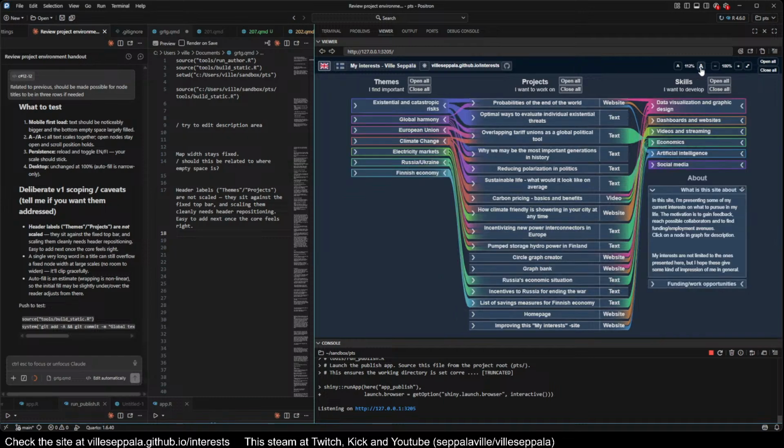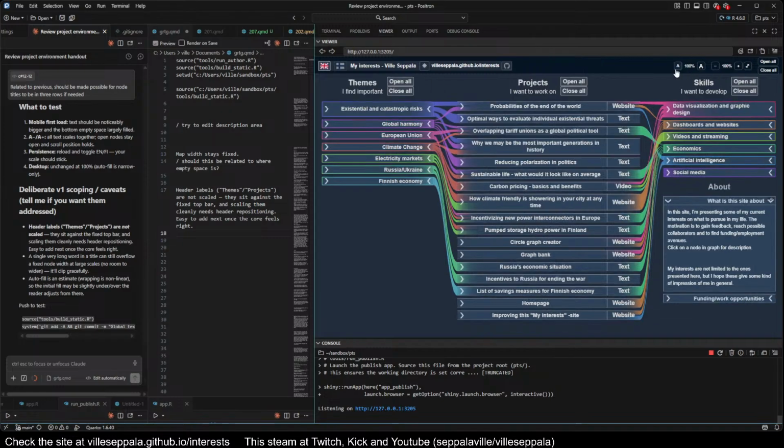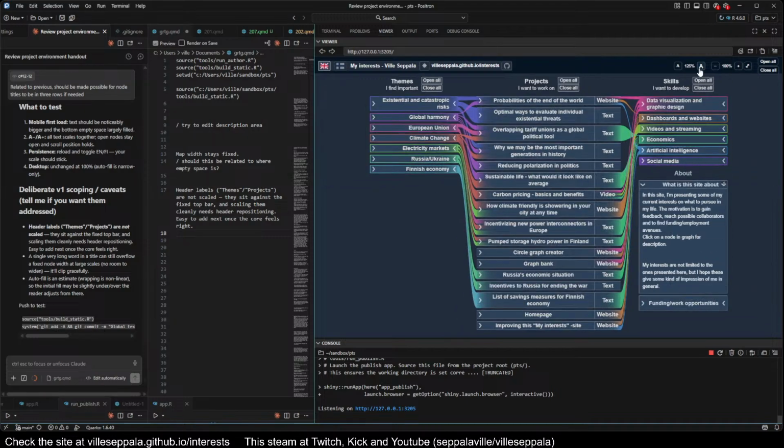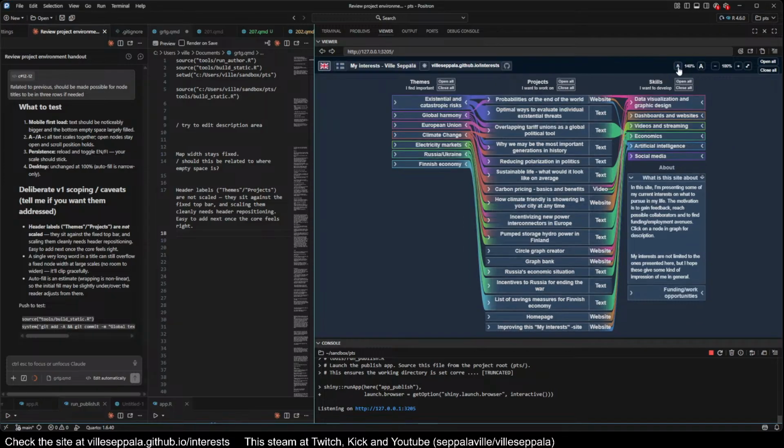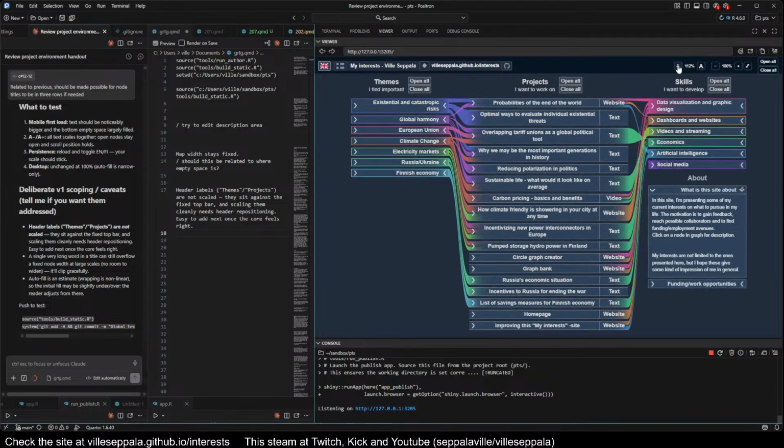So now if we zoom, I think what's happening is that when I make the titles bigger, it zooms backward to make sure the graph fits the area or something. So I think I should